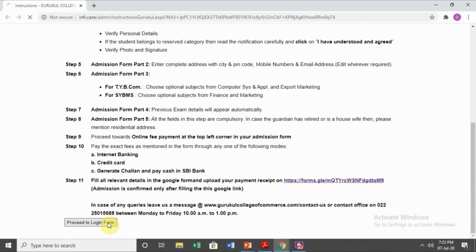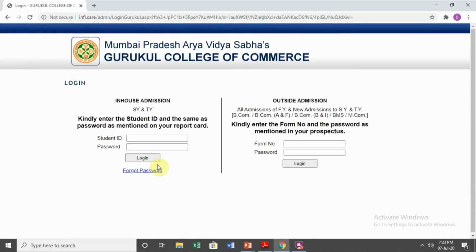Click on it. Here there are 2 tabs, in-house admission and outside admission. All students of Gurukul College of Commerce will fill in their student UID, which is already displayed on their iCard, or it is on the mark sheet as well.